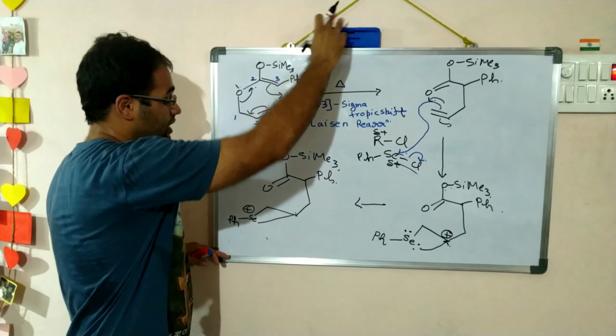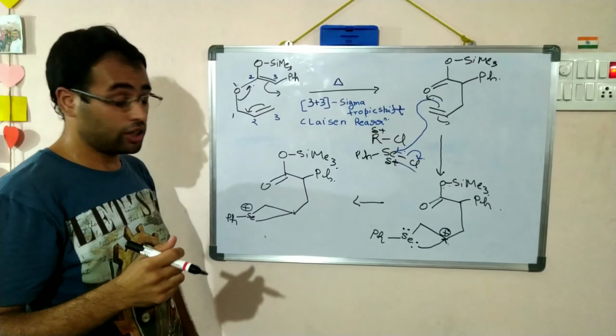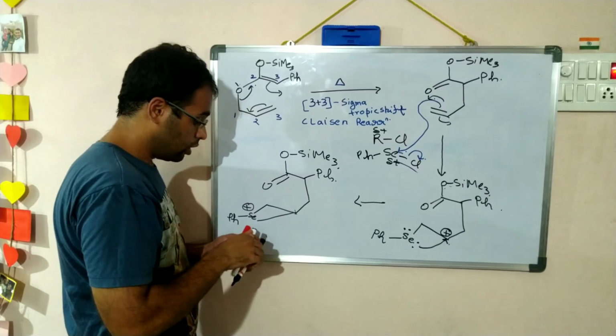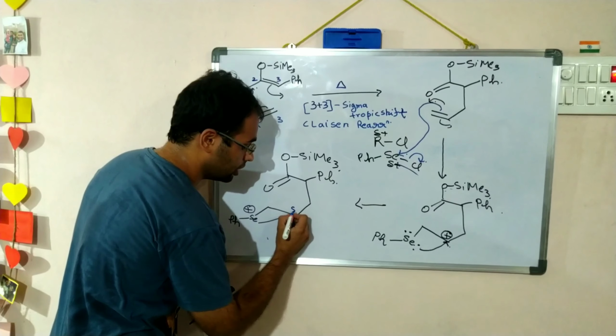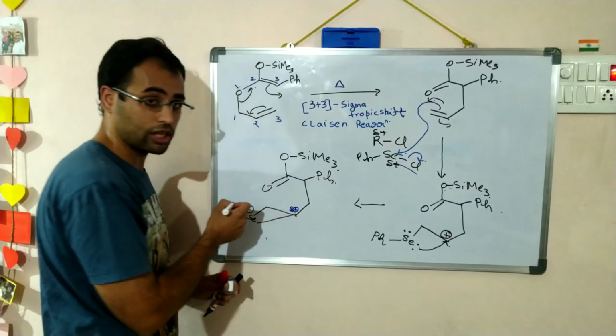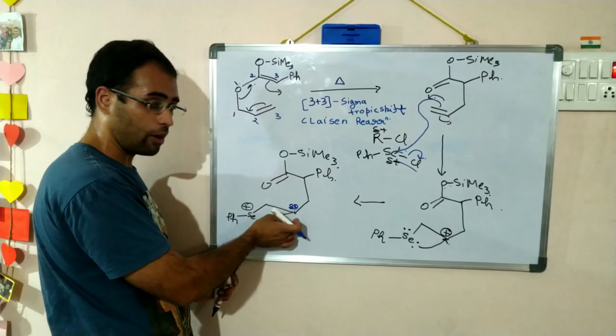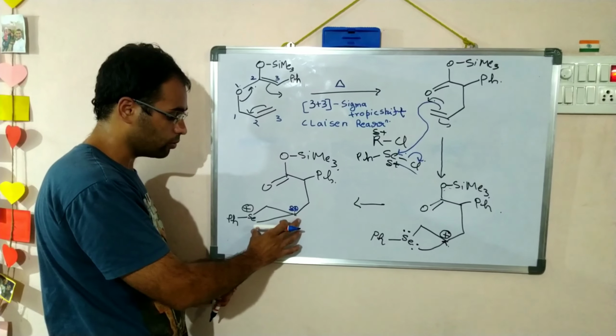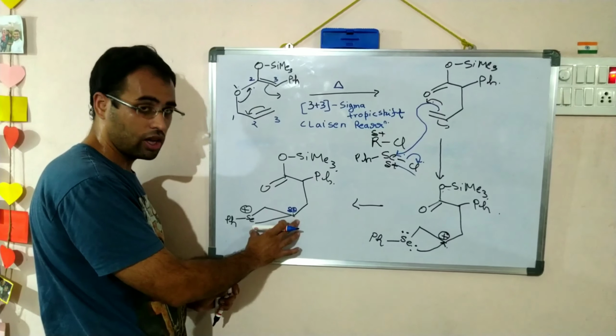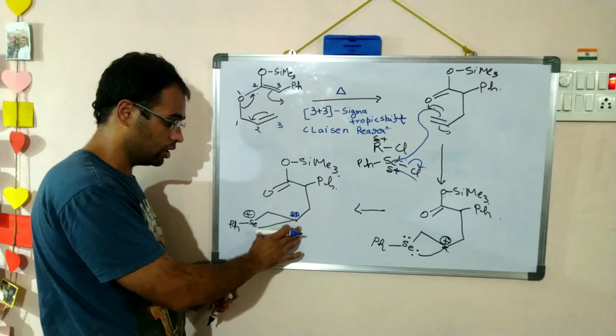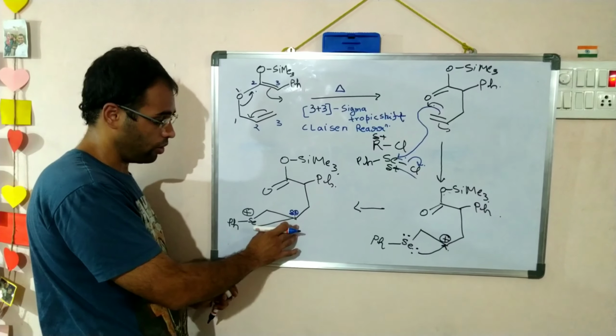The reason for this is, as I already told, the secondary carbocation is more stable, so there is more positive charge density in this intermediate on this carbon as compared to this carbon. Because of that, this positive charge shuffles between this carbon and selenium, and hence this selenium carbon bond is longer and hence weaker. So it is easier to break this bond.